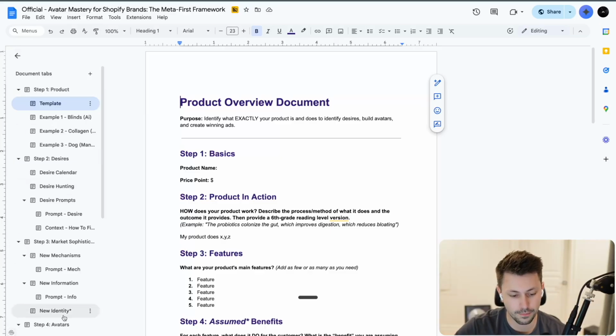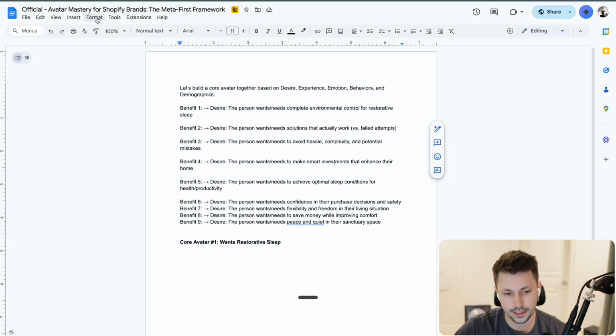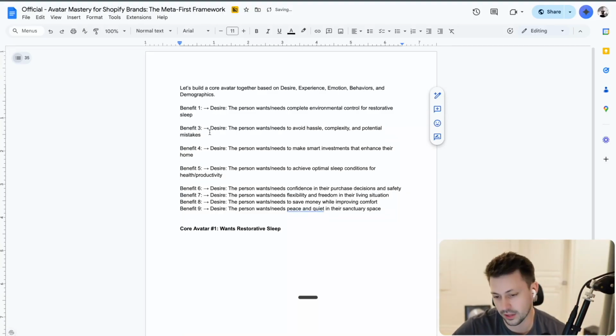But if we go back here to our core desires, essentially we have the person wants and needs solutions that actually work versus failed attempts. Now, this is super broad. I'm probably just going to delete that one. Not really too excited about that. Next desire: the person wants to avoid the hassle, complexity, and potential